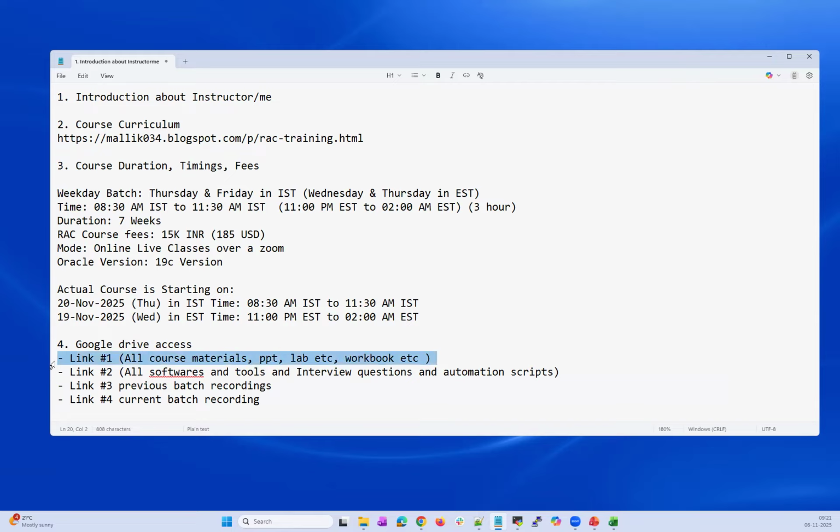With all the ready labs, we have already set up a two-node RAC and a two-node RAC with database and without database, and all those labs will be available. You just need to download and configure them on your laptop, and then you can use those labs. Link two has the software tools, interview questions and automation scripts.